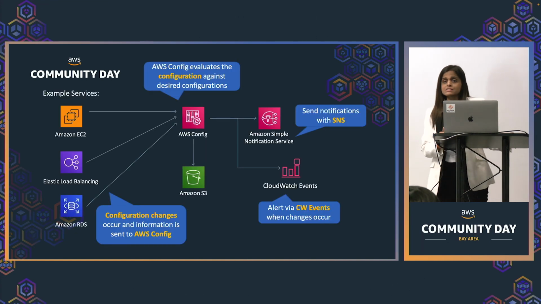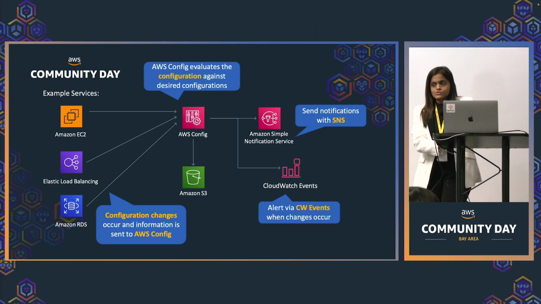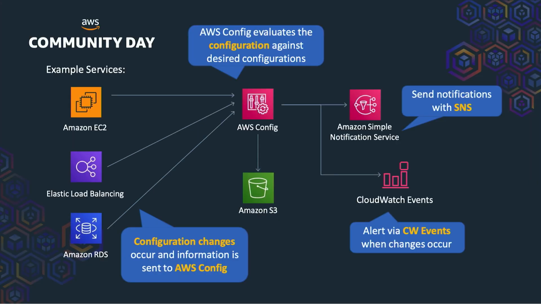Config. What is AWS Config? So Config is nothing but it provides you the rules for your configuration. So whatever the configuration of your existing resources is and how it should be, that is the difference between your existing configuration and the desired configuration. Based on that, it will generate an alert and you can take an action accordingly.